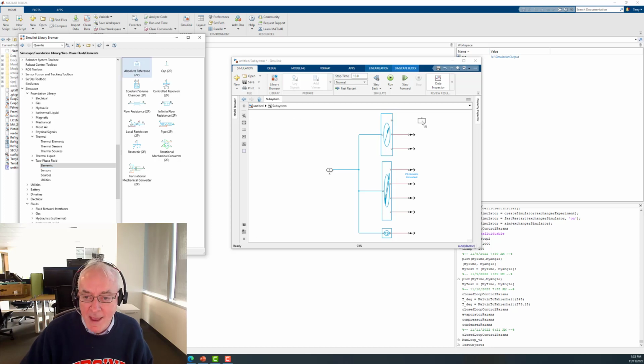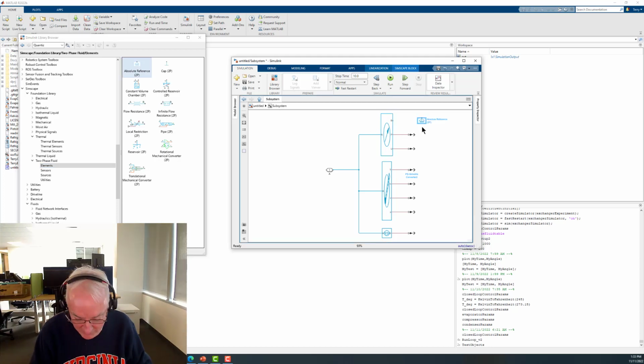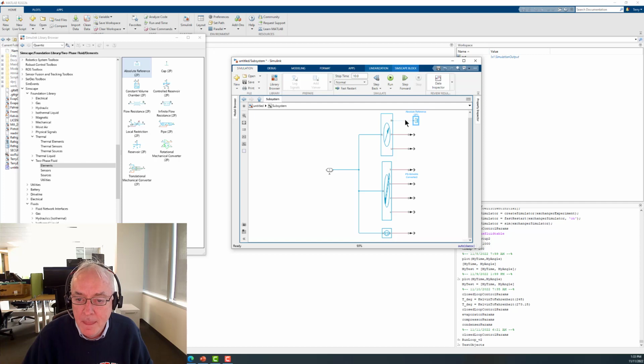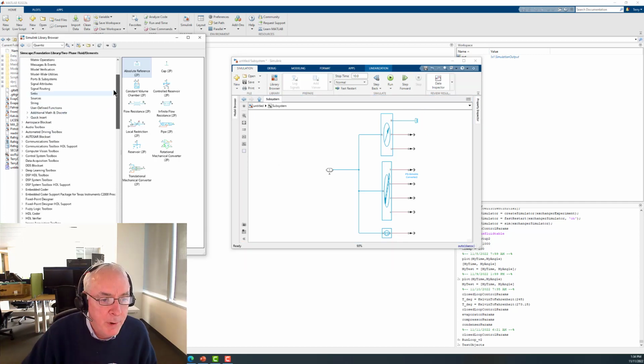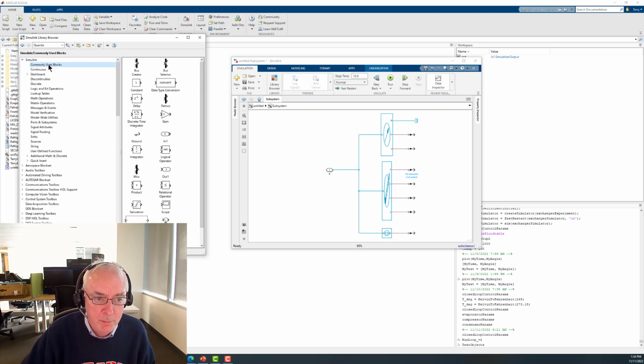And so I'm going to bring in the absolute reference, which you could think of as absolute 0, and that will give us measurements on these things. I think that it will serve our needs quite well, right? So, we put in that absolute reference. And then, part of this seminar, and we're not going to be so super attentive to it, but it's basically this idea that